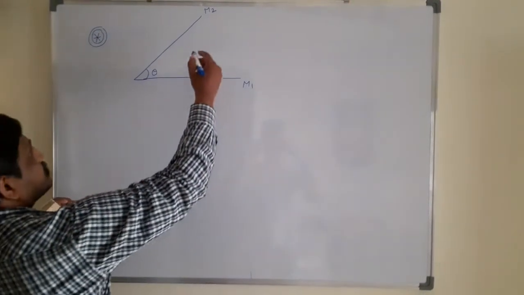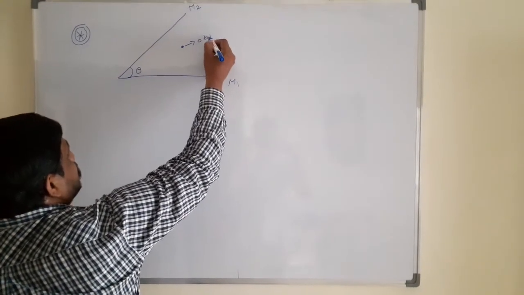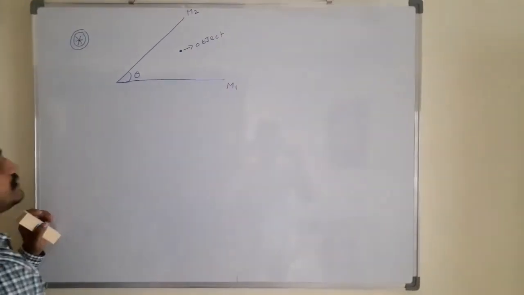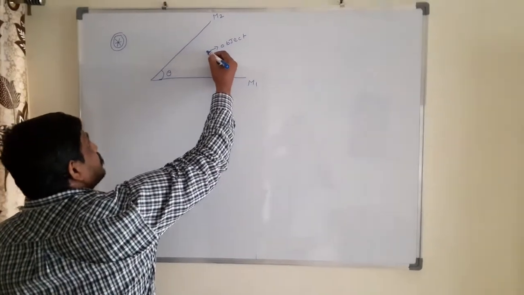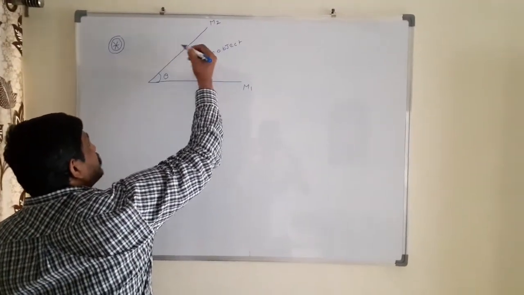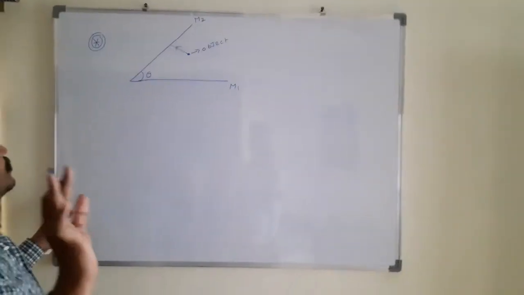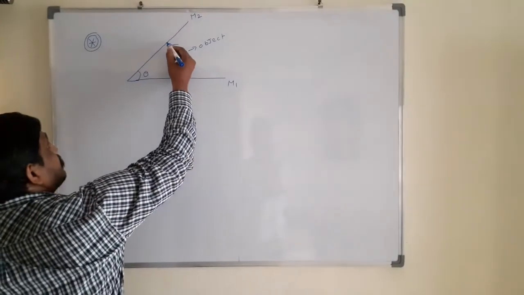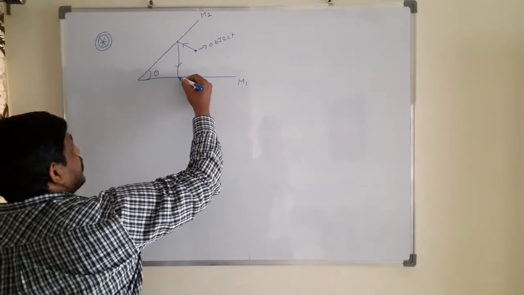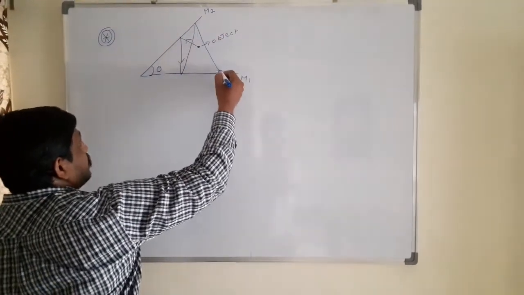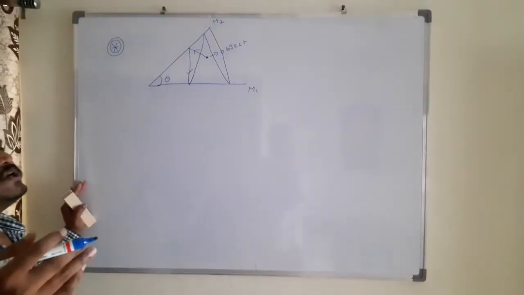For example, this is the object placed between the two plane mirrors. This object emits light. In the chapter ray optics, light propagates in the form of straight lines. Here it will fall on the mirror, because of the mirror it will reflect here, and again reflect here. Because of multiple reflections, multiple images are formed.